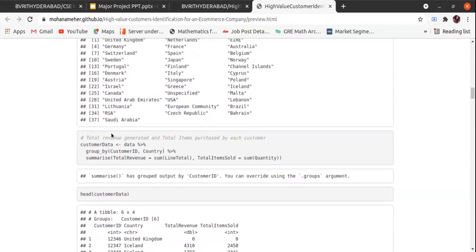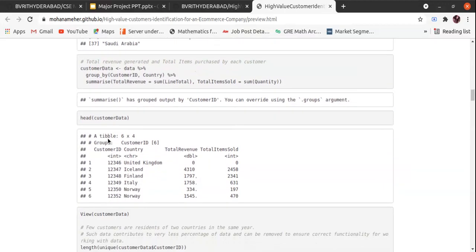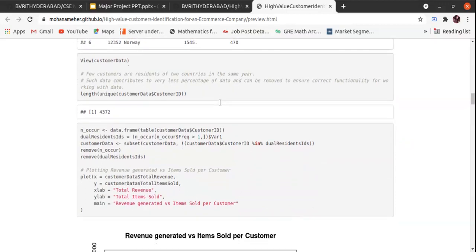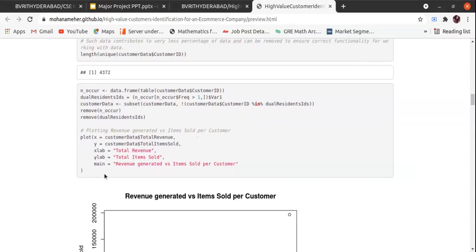Basically, here we are transforming the transactional data set into a customer data set, by simple mutate and group by functions. Here we have four columns: customer ID, country, total revenue, and total items sold. A few customers are residents of two countries in the same year.